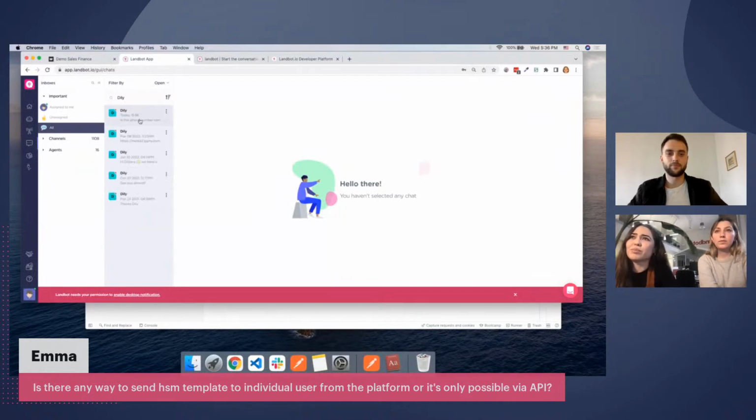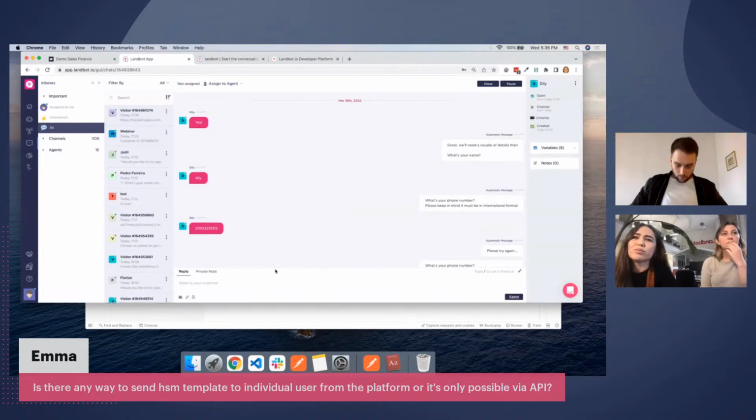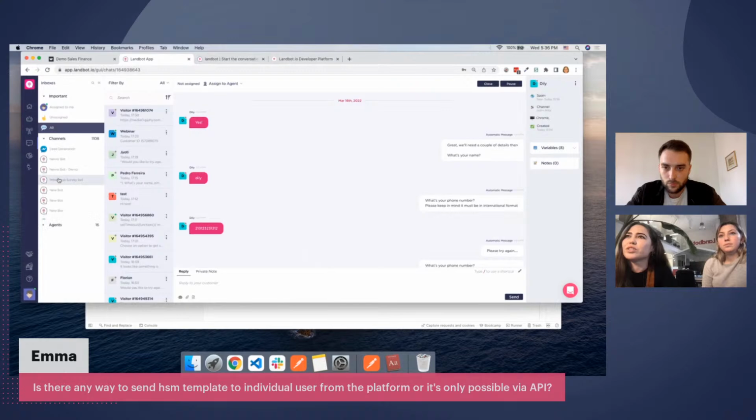As you know, as Chandra explained, you can send them in the campaign, where you can filter your audience and send your HSM template to multiple users. And there is also an option to do this from the chat section. For example, this conversation, let me just check one conversation from the WhatsApp.